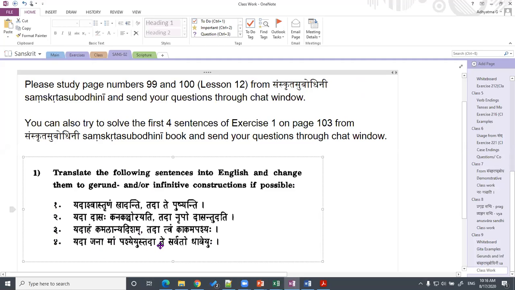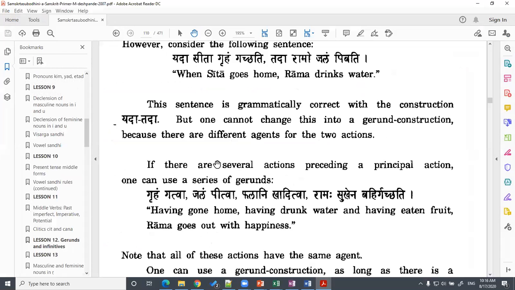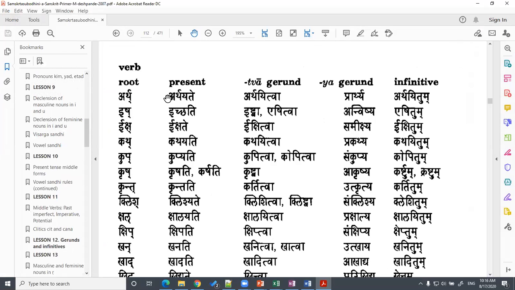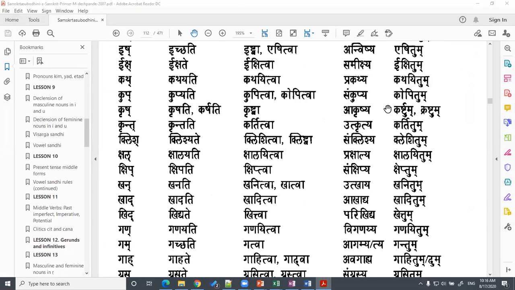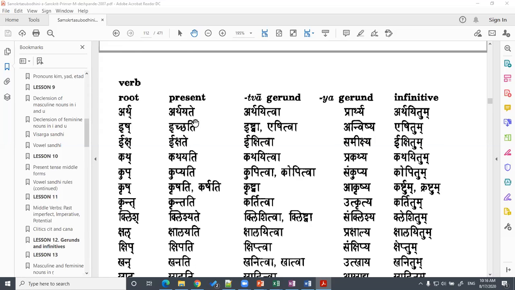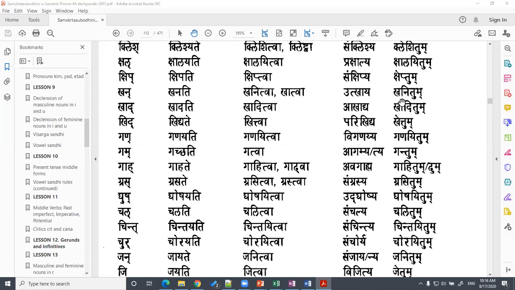There is a question, jana mam pashyeyu te dhaveyu. You can just say jana mam drushtva. So not pashyatva. The form becomes drushtva. And if you check the Sanskrit Subodhini, as I said, the author has given here the forms twajiran, yajiran, infinitive for different roots. So you can see here, this is on page 112, what these forms are in